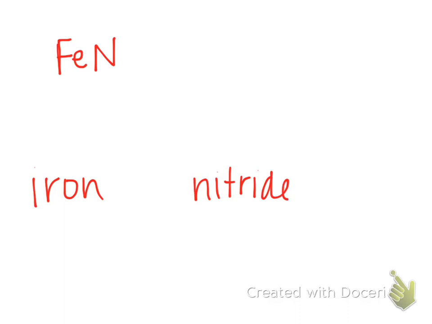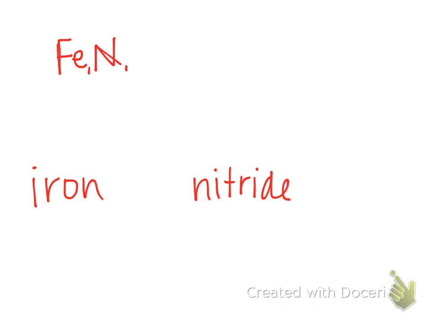Now let's take a look at a very similar compound, FeN. Right? If you were going to name this compound, disregarding the Roman numeral at this point, what would it also be called? Iron nitride. Okay, so iron nitride again, but there's something that's different. Right? The ratio of iron to nitride atoms is not the same, which means something has to be different with iron. Okay? So now if we do our reverse crisscross method, we have a 1 and a 1 right here,